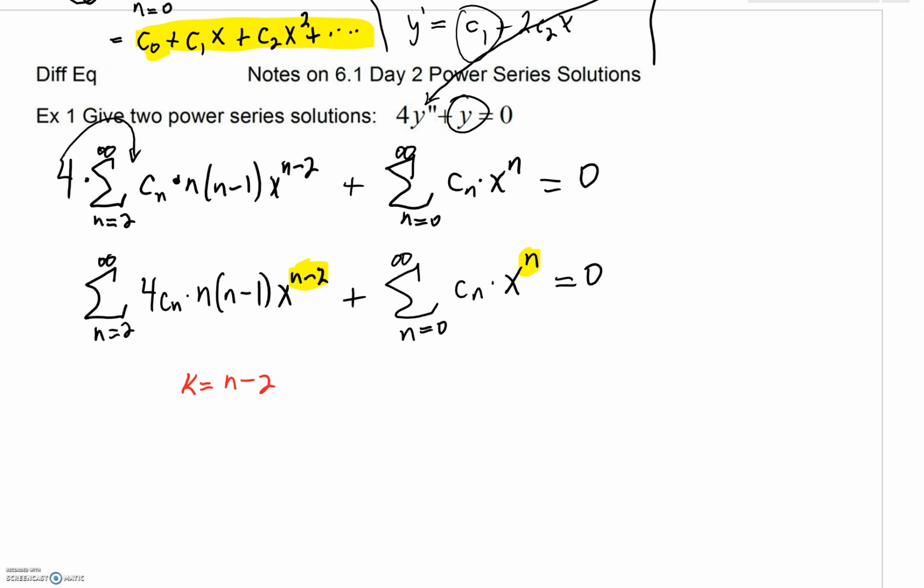Likewise, when we solve for n, of course, would be k plus 2. But we'd like to reorganize this series with x to the k. And you'd think, well, why? Why do you want to do that? Well, if you do the same thing over here,